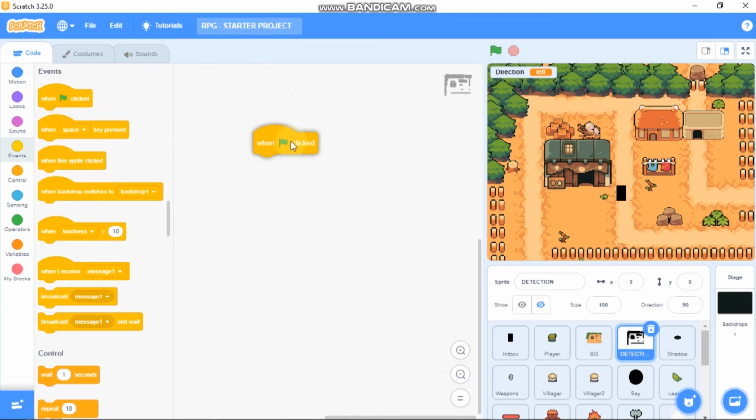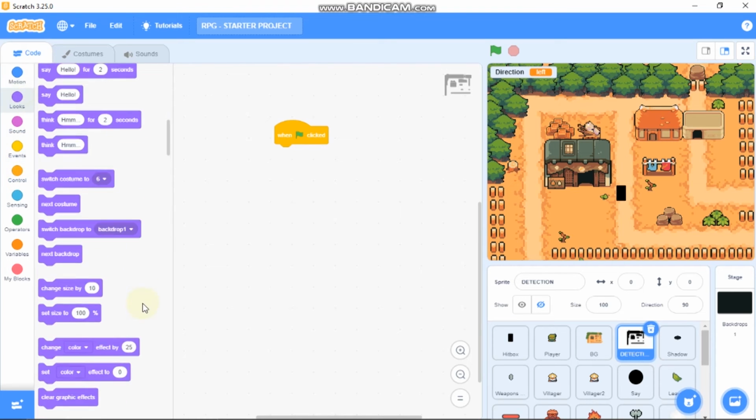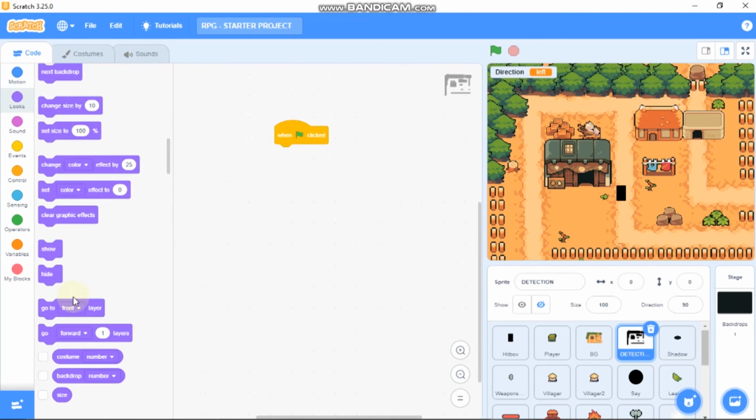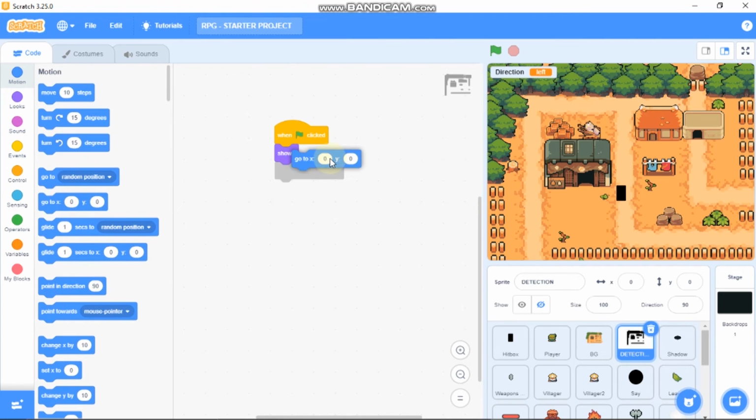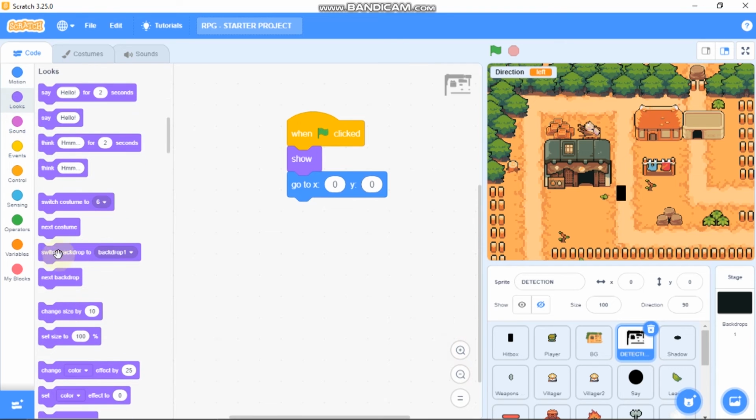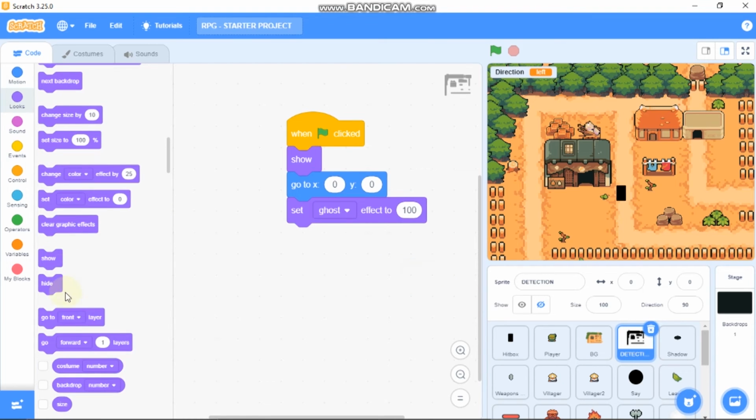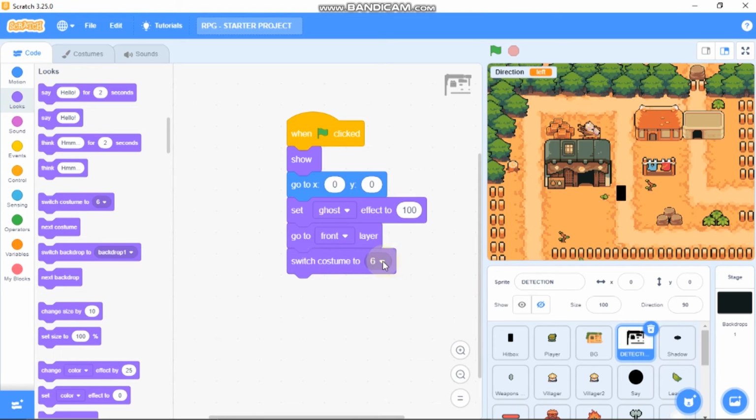And now click on the detection. When green flag clicked, show, go to X 0, Y 0, set our ghost effect to 100. Go to front layer and just switch costume to the first costume.